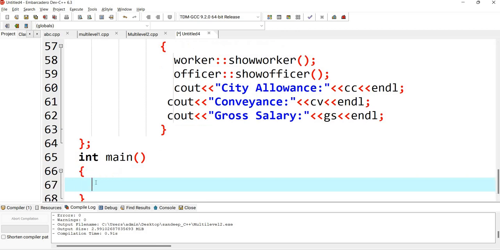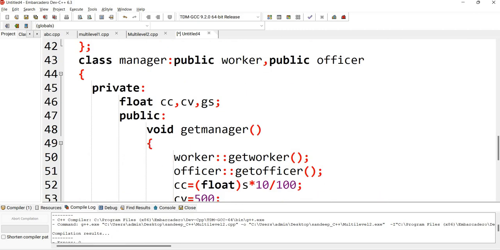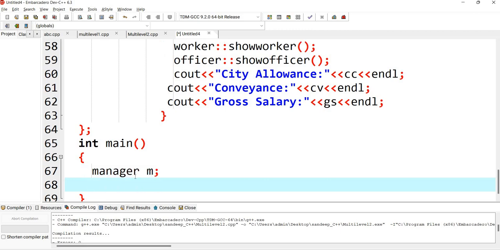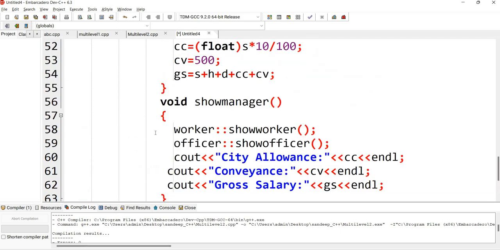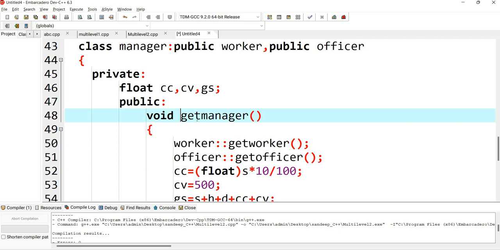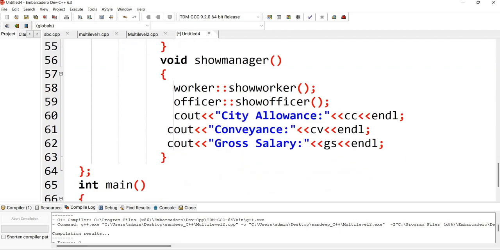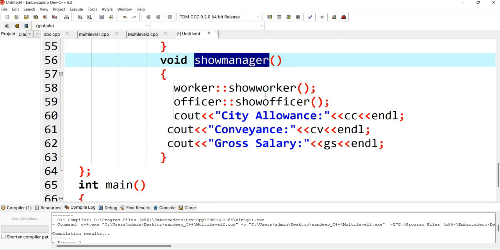Within the main function you need to create the object of the class. The nearest class is manager, so we'll create the object of the class manager, m. Then I have to call both member functions, one for the inputs and one for display, right? When I call get manager, by default get worker and get officer will also be called. And when I call show manager, by default show worker and show officer will also be called.